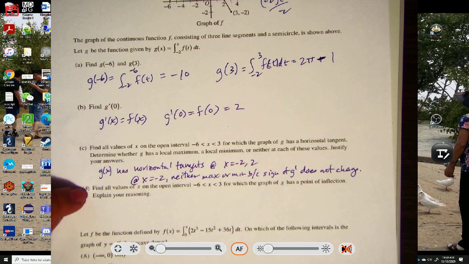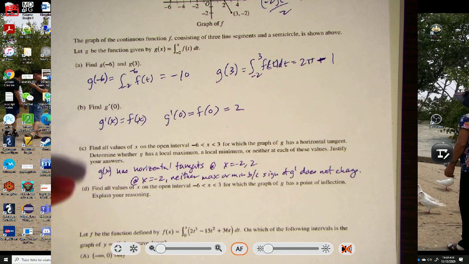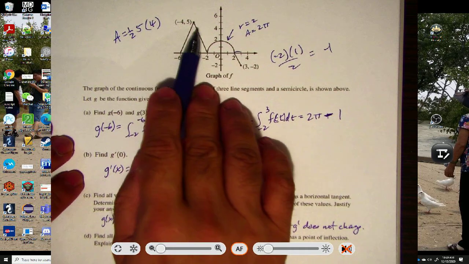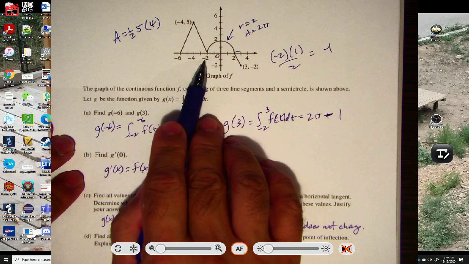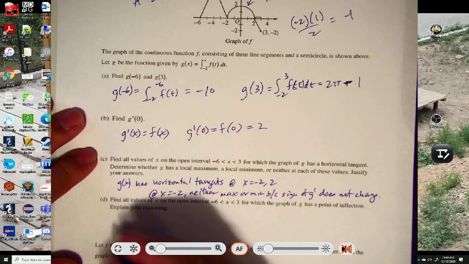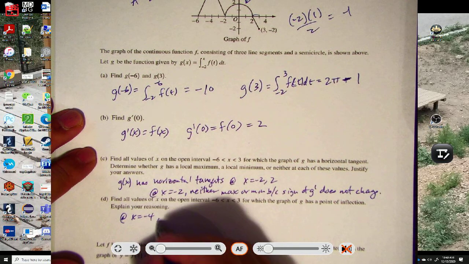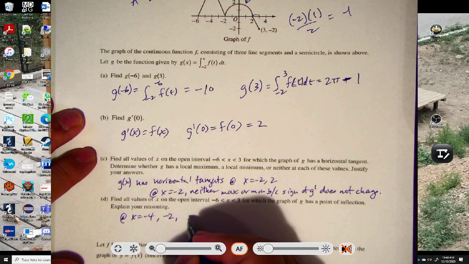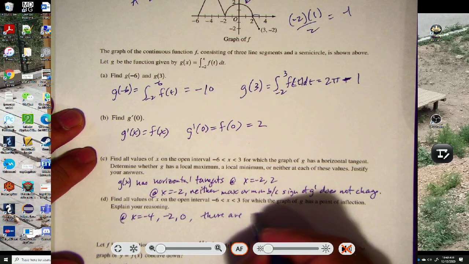D, find all values of x on an open interval for which the graph of g has a point of inflection. Okay, so point of inflection, it's when the first derivative, which we have the graph of, hits maximums or minimums. So we have a min here and max there and max there. So it's at x equals -4, -2, and 0. There are points of inflection